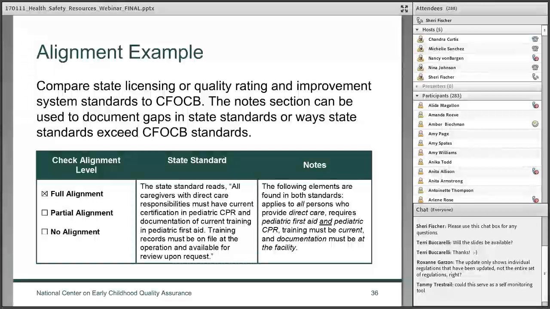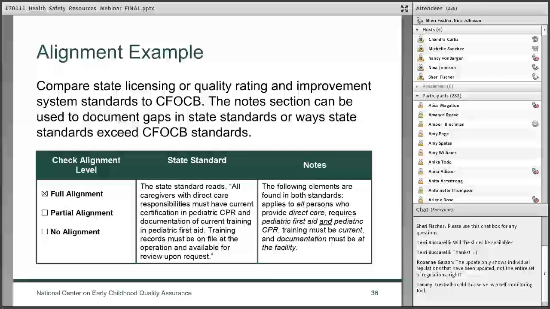And Sherry, this is Nina. I just wanted to point out too, just to provide a little context, that the preamble to the final rule recommends that lead agencies looking for guidance on establishing health and safety standards consult Caring for Our Children Basics. And it says lead agencies can be confident that if their standards are aligned with Basics, they'll be considered to have adequate minimum standards. Of course, they're encouraged to go beyond these baseline standards. But I think that just helps provide some context as to the importance of aligning with Caring for Our Children Basics. Yes, definitely.